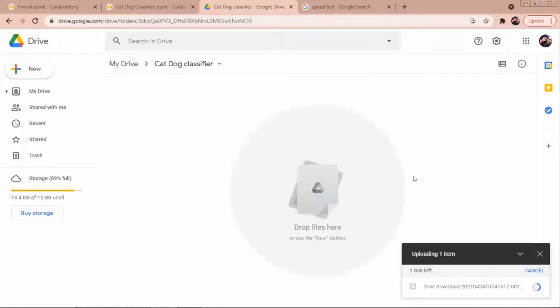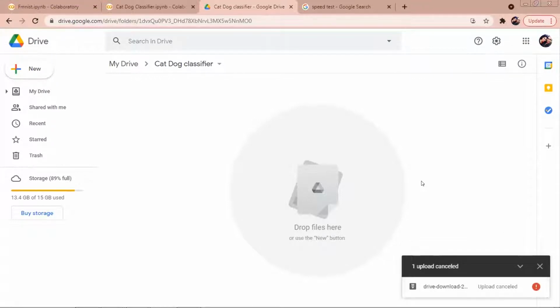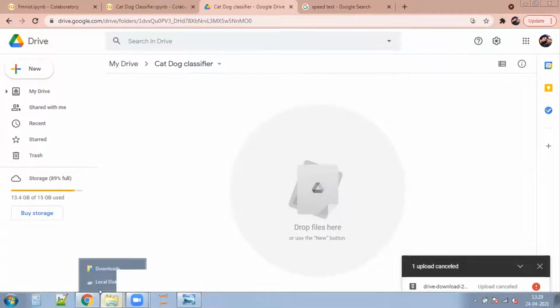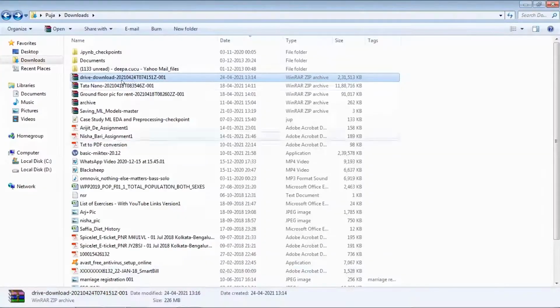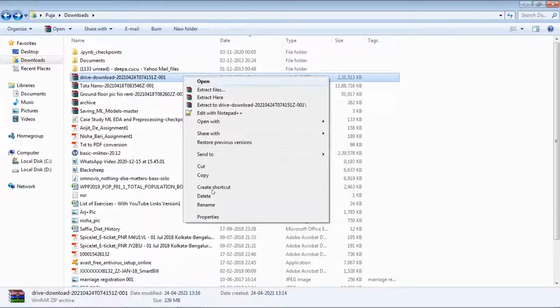Okay, so Arijit, can you share your screen for once? Let's see what the issue is. Okay, just cancel this. Upload cancelled. Okay, show me your drive. Or not the drive, in the local where you have downloaded the file. Okay, what is the size? Just try to check the size for this. 226 MB. Okay, correct. It's correct.